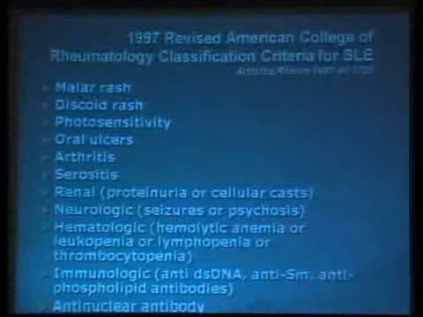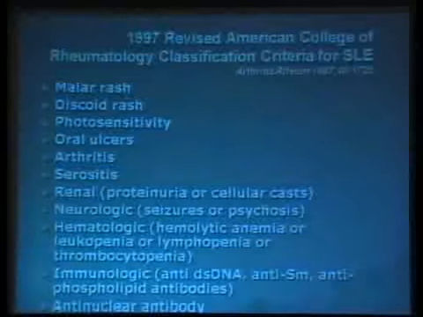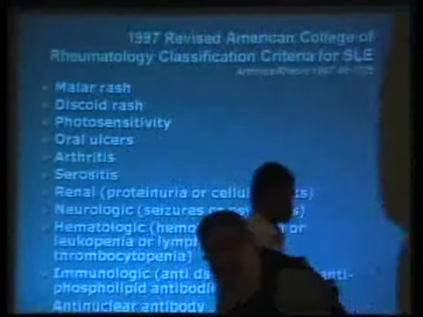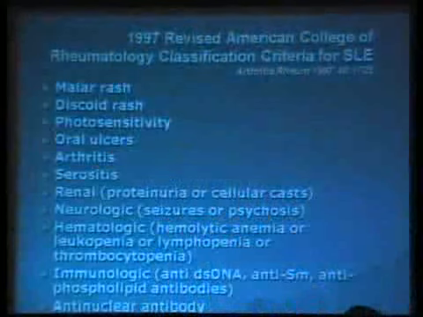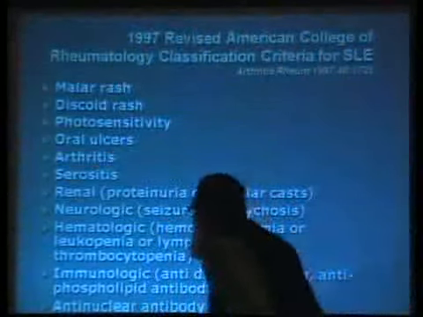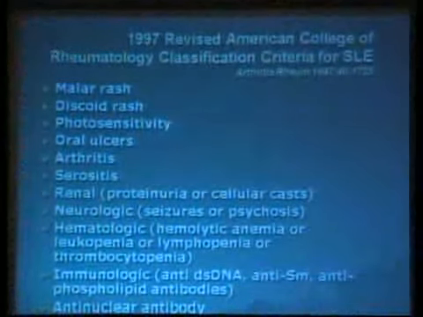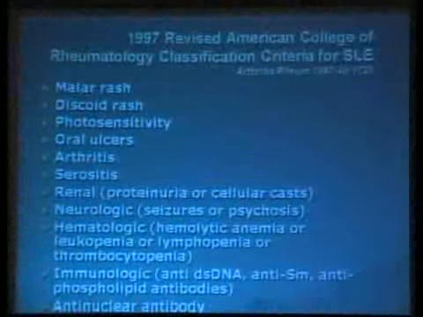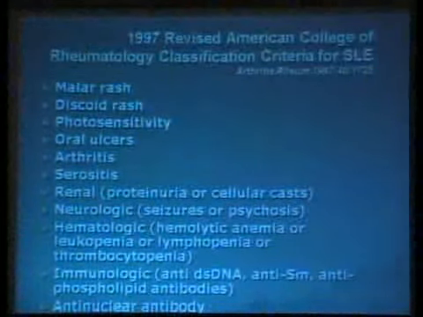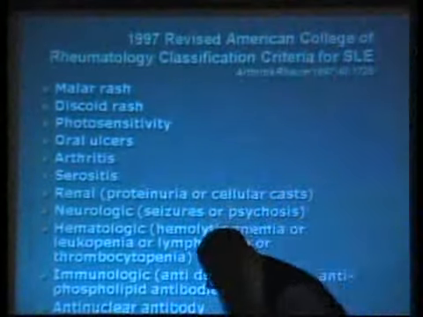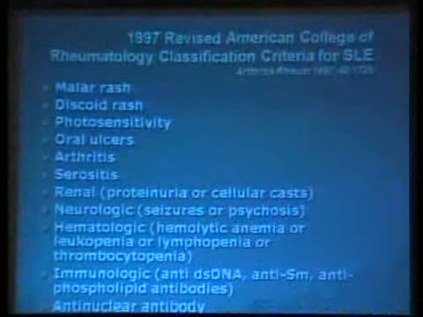I urge people to look at it because it reminds us that this multisystem disease can involve the skin, mucous membranes, arthritis, serositis, kidneys, neurologic, hematologic, immunologic processes. And today we're going to be concentrating mainly on the neurologic findings, the renal findings, and then the problems of